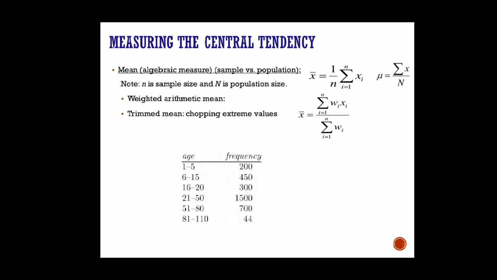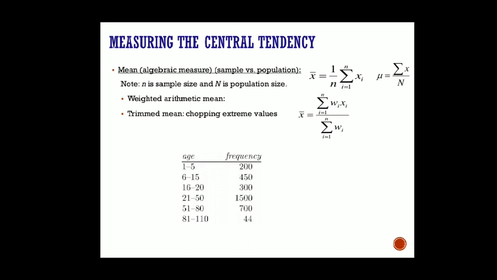Another one is called the weighted arithmetic mean. It holds better meaning than the previous one. Here we associate a weight to each data object present. That means the data object which is more important, we assign more weight to it, and the data object which is less important, we assign lesser weight to it. So this can be another approach.